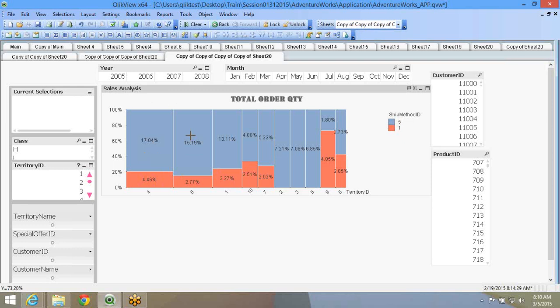I've given two dimensions here. Suppose I don't give the second; I'll remove the ship method ID. It is now just a representation based on what is the size of the